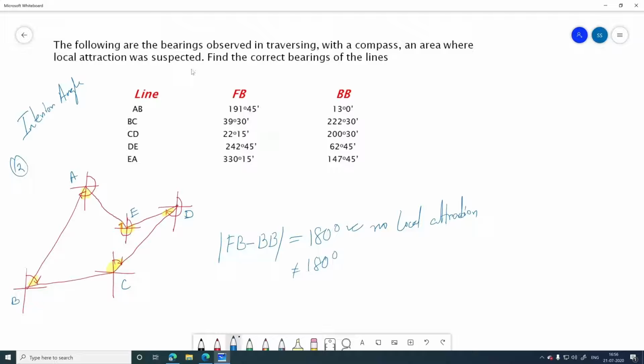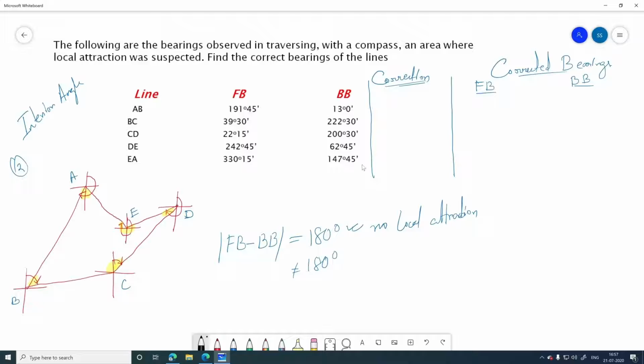Now how to correct the values of these bearings? That is very simple. Look, first you just make a table over here. I am adding two columns over here. This is the correction which is required at the station points, suppose A, E, B, C, D, wherever required. Now here you can write the corrected bearings. Under this there will also be forebearing and back bearing.